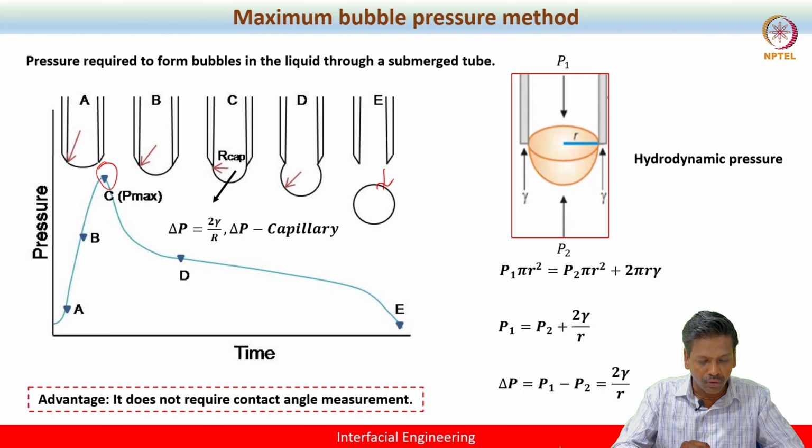It can also be shown that the Laplace pressure of this spherical bubble is nothing but 2 gamma by r, which we'll also see in detail in a following lecture. And this is where the equilibrium between the pressure force and the surface tension force exists. After that, beyond this point,